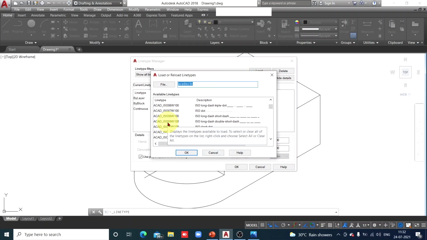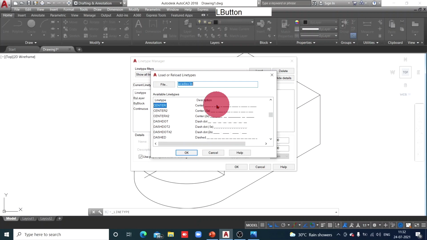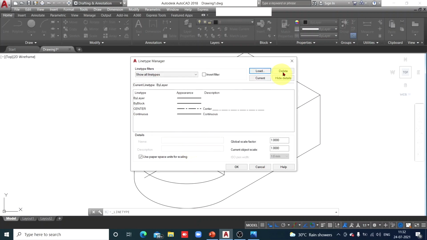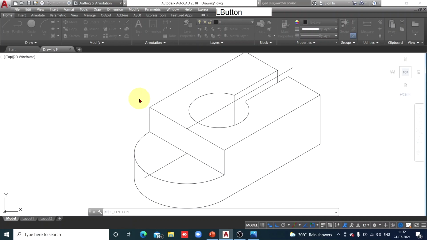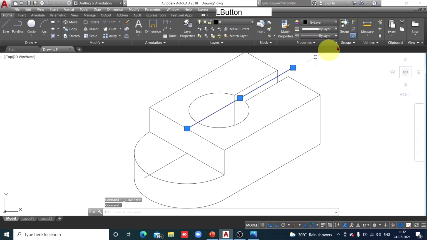Remember, we don't show hidden details in isometric view. So hidden line is not required for isometric drawing. Here it is, center line. Okay. So now this line should be center line.